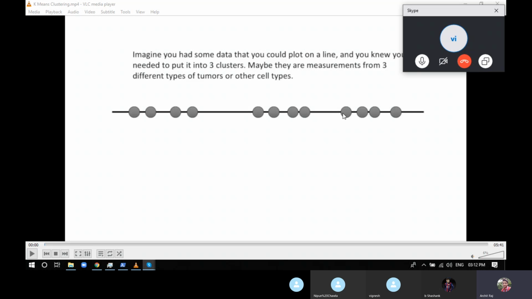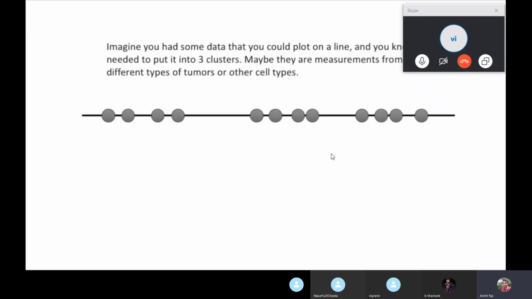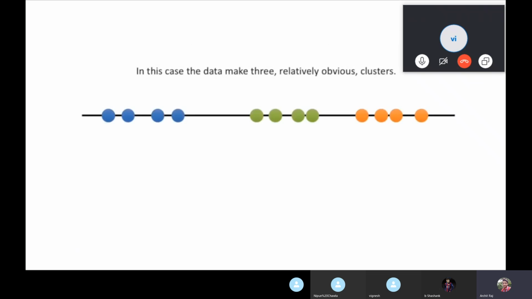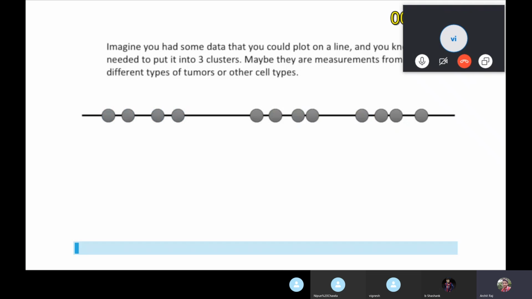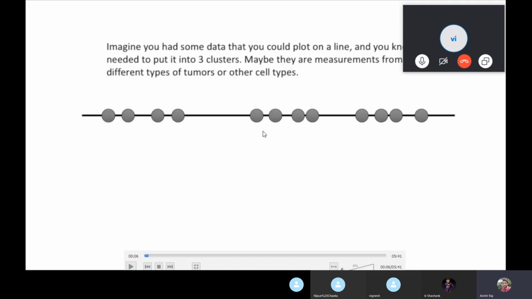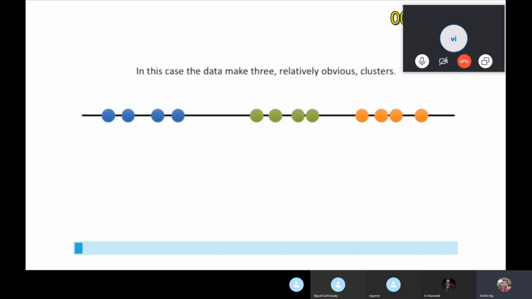Now what happens is we have these data points which are completely random, with no labeling, and we're going to make them into clusters. Now this is the obvious cluster. If you look at the data, you can see that this particular group is one cluster, this is one cluster, this is one cluster. So with the eye we can make the clustering. This is the obvious cluster.